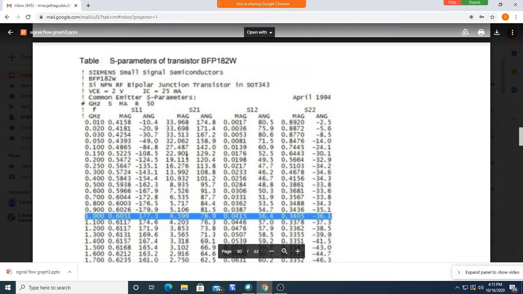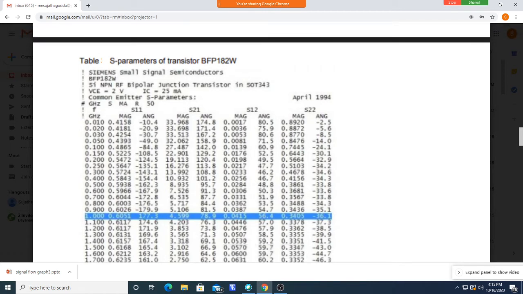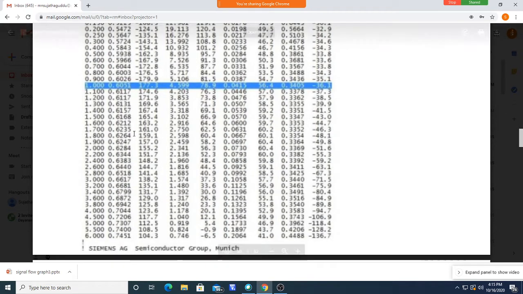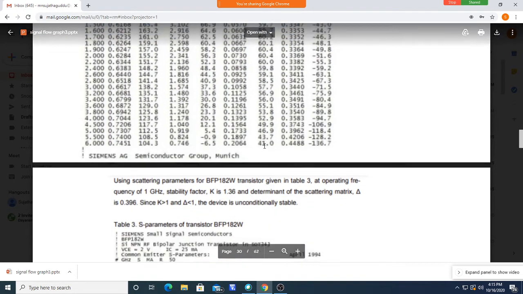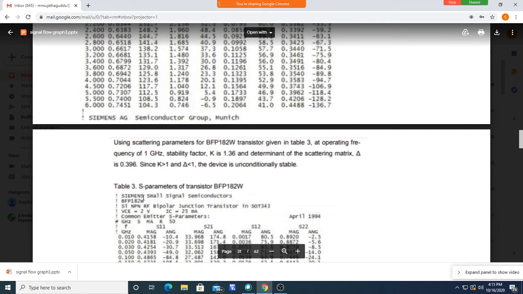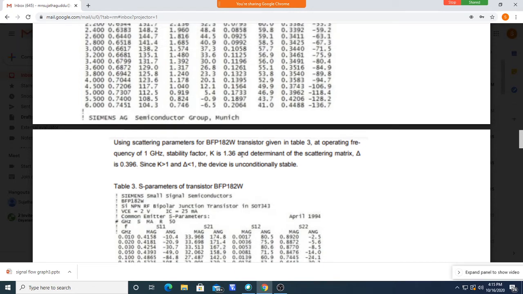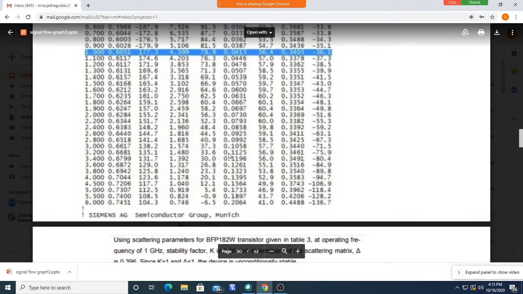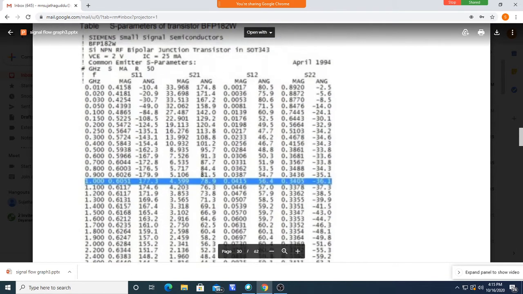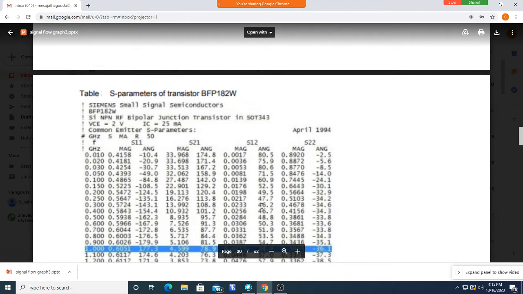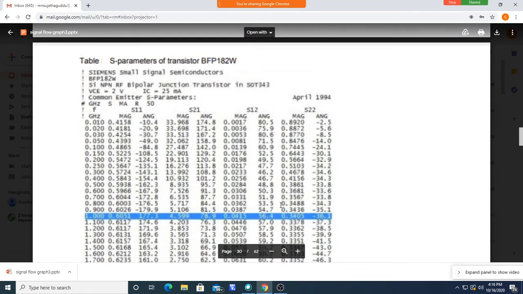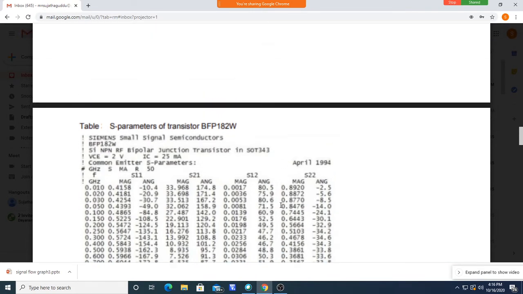So at RF frequencies or microwave frequencies, the devices are represented by using S parameters like this. So this we have to see while designing. And a few more parameters were also given here, using scattering parameters. These things we will discuss in the theory, and afterwards we will come to know what these things in the specifications are. So specification sheets will be there at RF and microwave frequencies. You should go through those sheets and select the transistor based on your requirement.